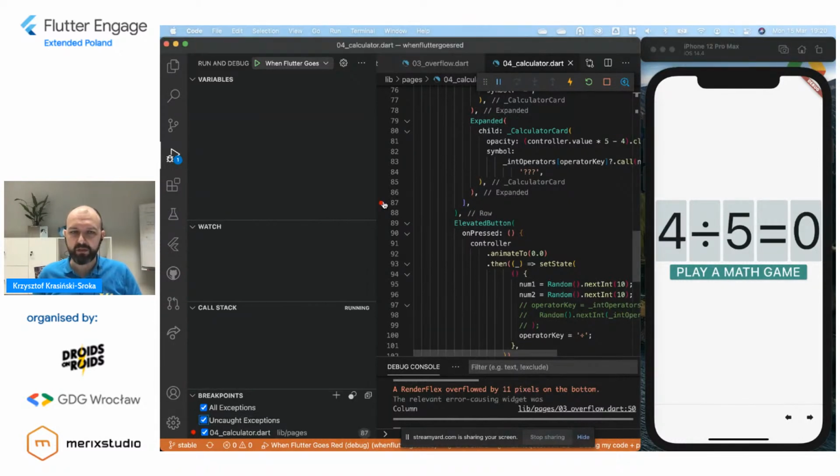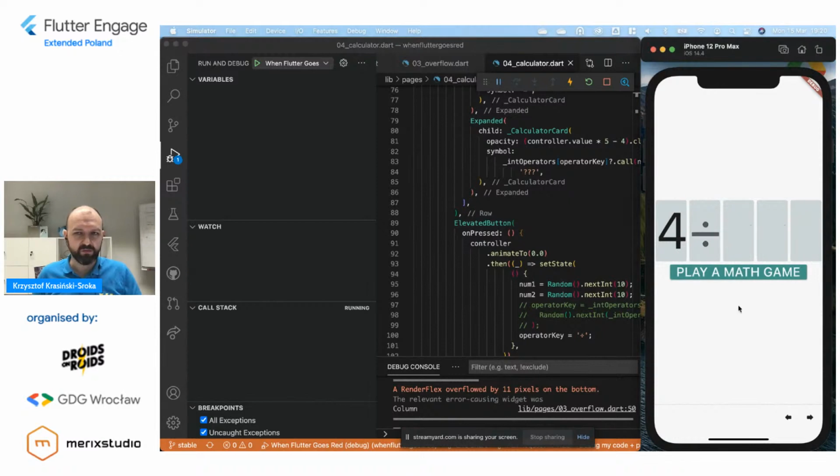We can also set a breakpoint manually, which will make us actually stop when we try to execute a part of the widget. But that would make us stop every time something happens, right? So every time, for example, we generate a new number, and we don't want to do this. We just want this failure to get caught before we get to see the red screen.